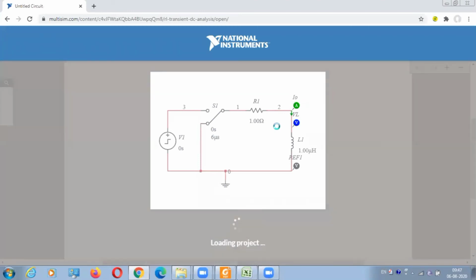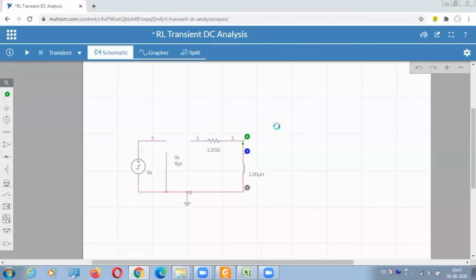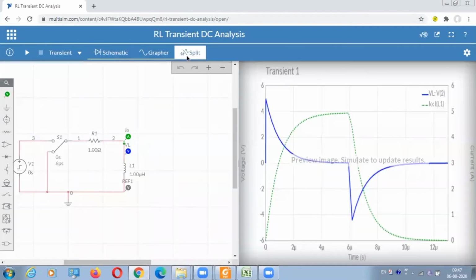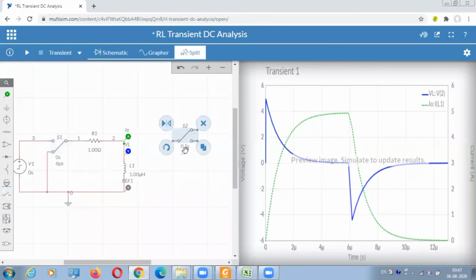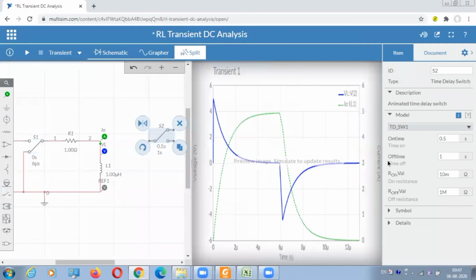This I have already told you. Just for understanding purposes, we'll do it once more. I'll click the splitter so that I'll get the card once again. Now, remember when you are using this switch, I'm telling you some basic things. I have told you it is a single pole double throw switch. It is okay, but use a time delay switch. That's why I can give you a time. If I give a time delay, that means on time, off time can be given.